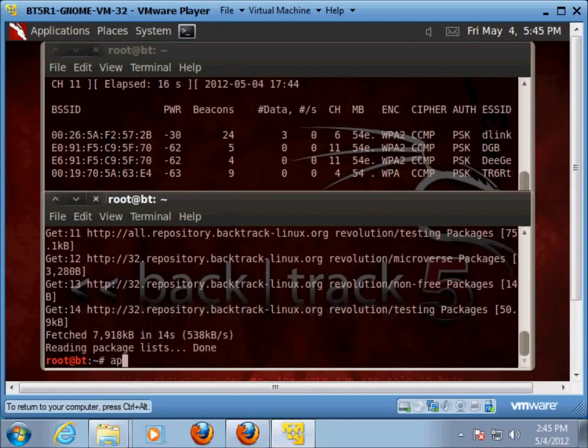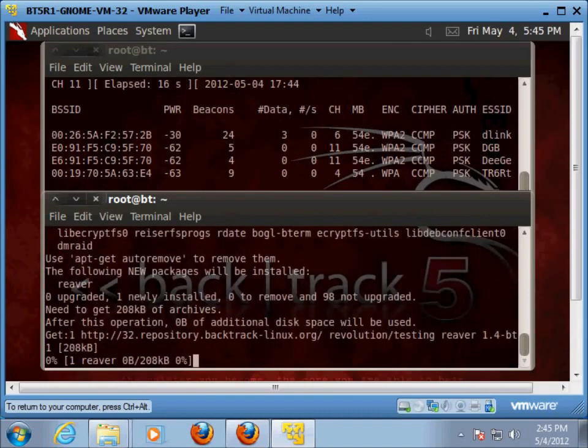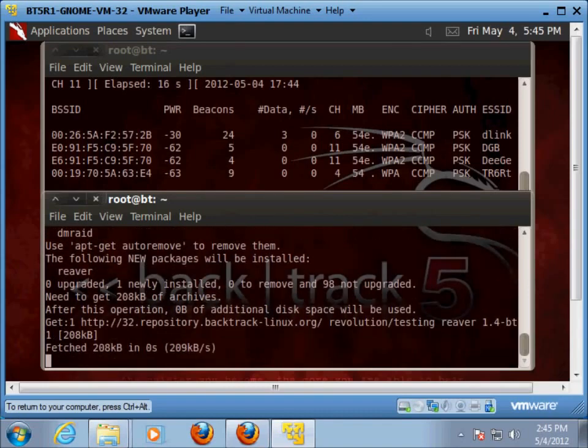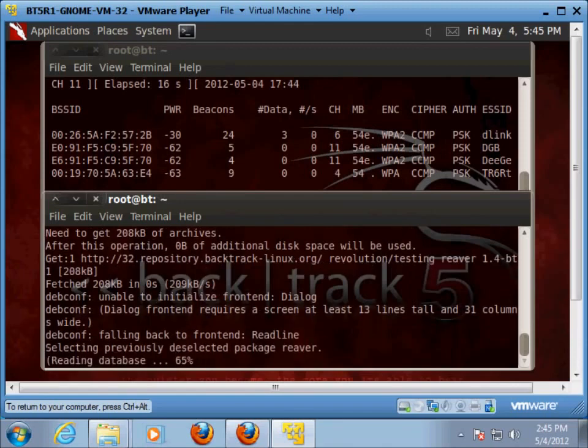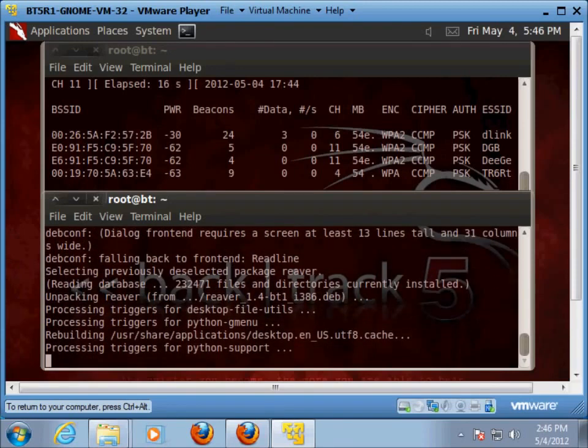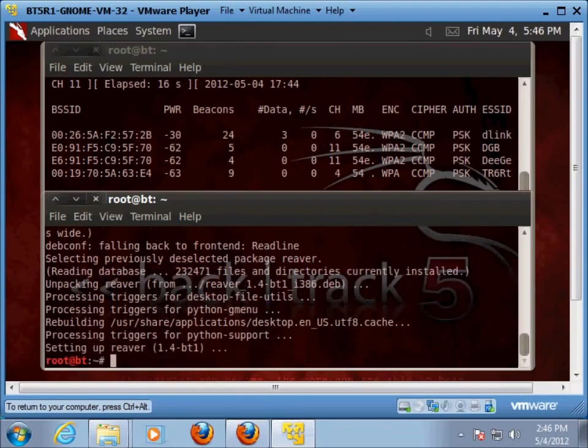Okay, now we're going to want to do an apt-get again, and this time we're going to want to install Reaver. So that's apt-get install reaver. It's got the little dash in between there, between apt and get. Okay, we got that, so we're going to say reaver -i,